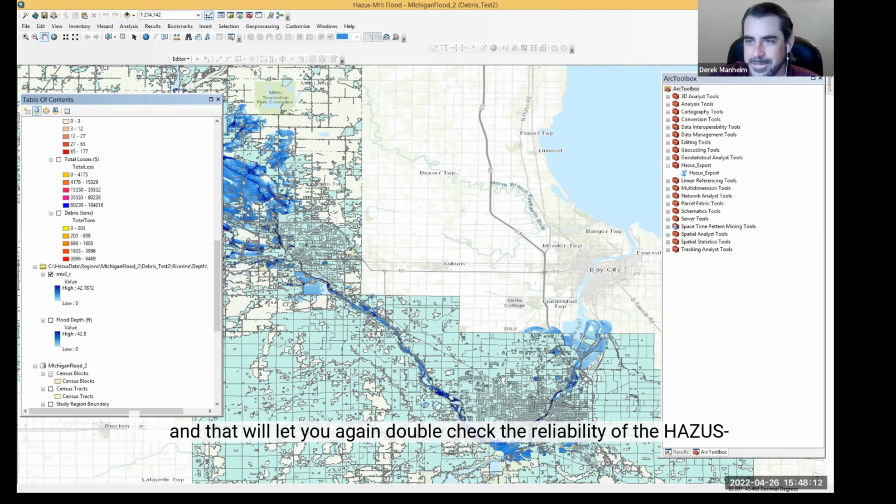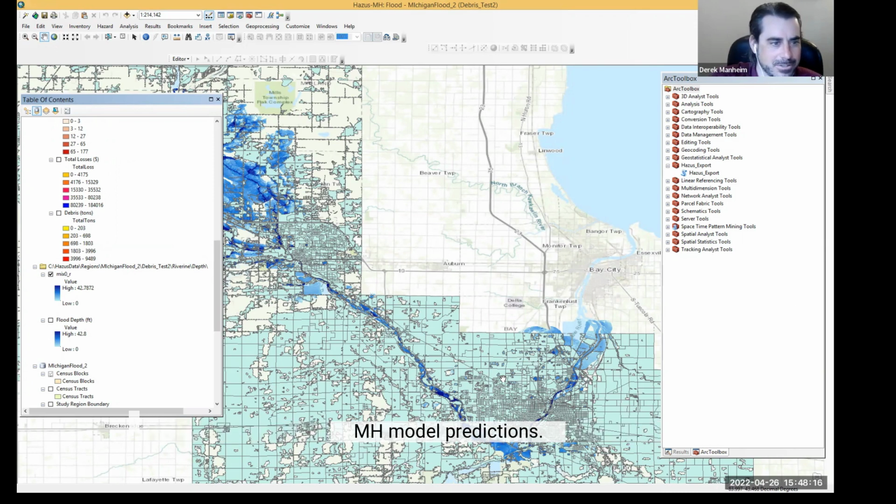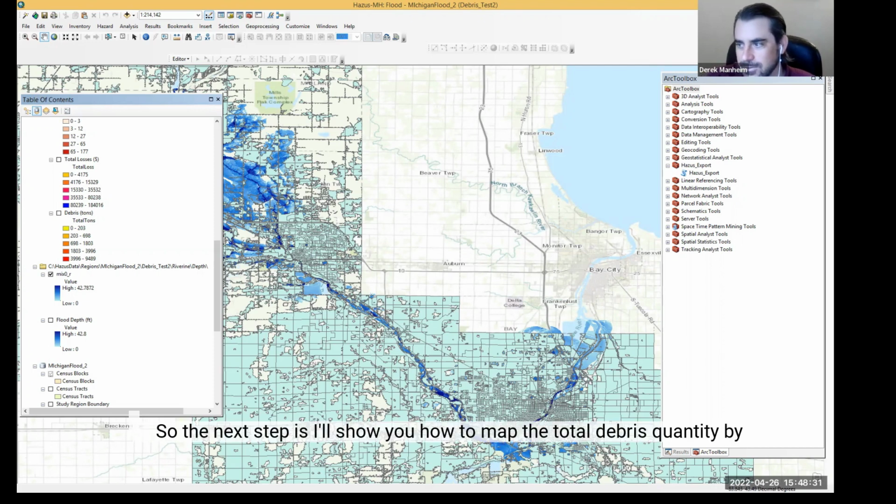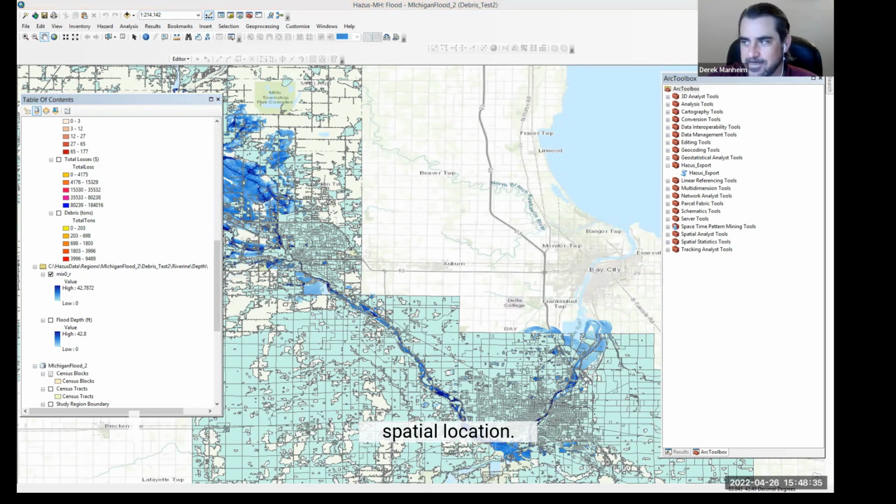And that will let you, again, double check the reliability of the HAZUS-MH model predictions. So notice that for the flood depth map, we have high flood depths up to 43 meters in dark blue, and then low, 0 or unaffected depths in very light blue there. So the next step is I'll show you how to map the total debris quantity by spatial location.